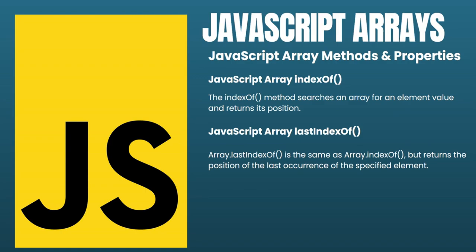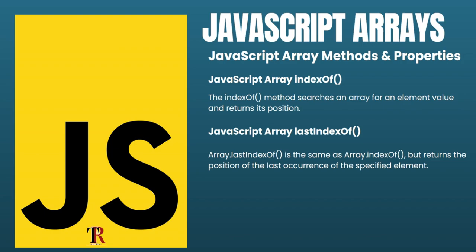And in this lesson, we'll be talking about another two methods of working with arrays in JavaScript. The first one is the indexOf method, and the other one is the lastIndexOf method. Now, before I continue,